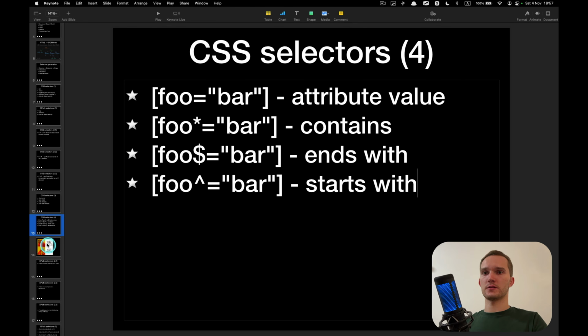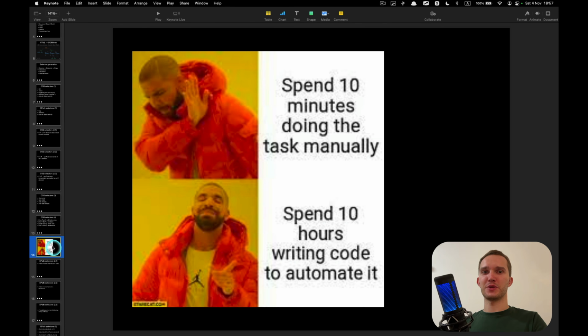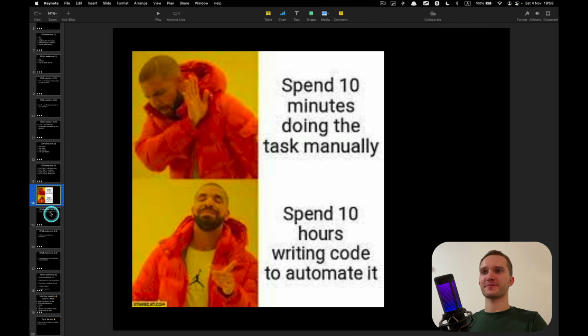I know this is hard. It's been already, I don't know how much time since we started recording this. So I prepared just one of my favorite memes in automation. It's me always trying to automate things instead of doing them manually, and spending way more time trying to automate things and play around with automation than to just actually do the thing manually and forget about it. Yeah, but this is fun.